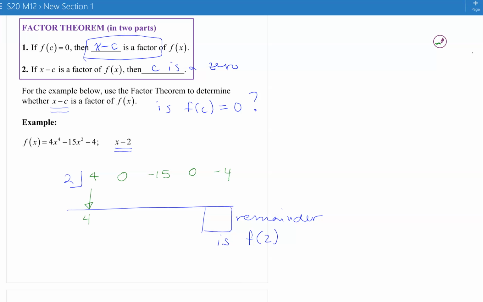So the 4 comes down. 2 times 4 is 8. Add and you get 8. 2 times 8 is 16. Add and you get 1. 2 times 1 is 2. Add and you get 2. 2 times 2 is 4. Add and you get 0. So we can conclude x minus 2 is a factor